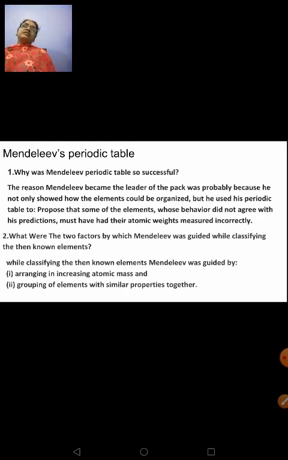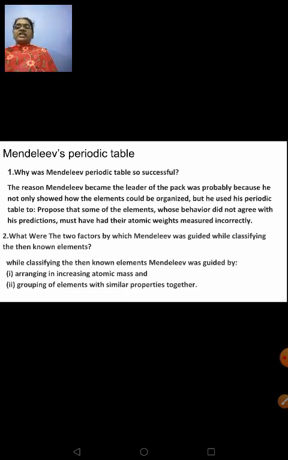You remember in the last class when we were talking about the merits, it was told that he was the first one to start arranging the elements having similar properties under one particular group. He had come across some problems. He could not put them in the proper order because of their atomic masses. In that case, he had to make some corrections. So that was one of his successes. Anything which is considered a positive point of Mendeleev's periodic table can be written under the success of Mendeleev's periodic table.